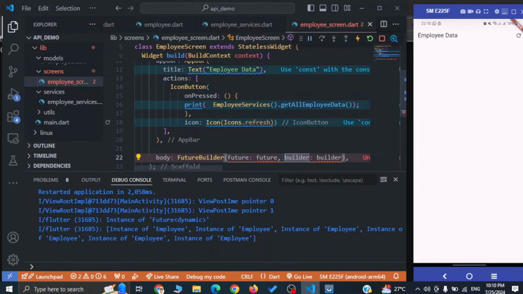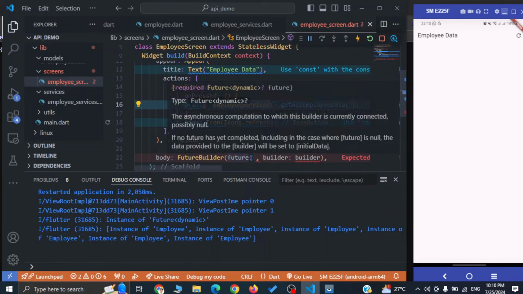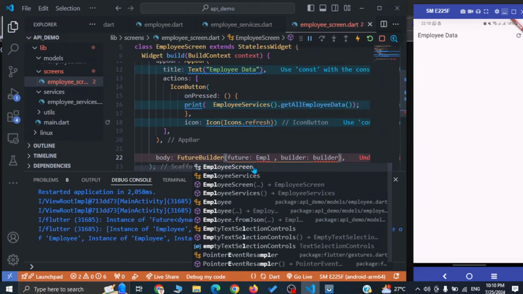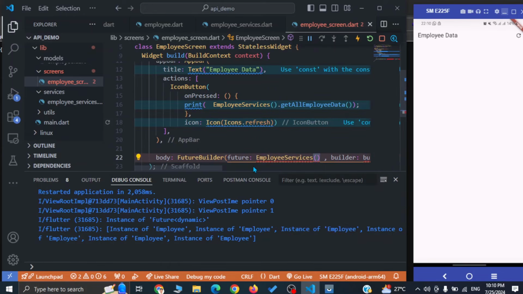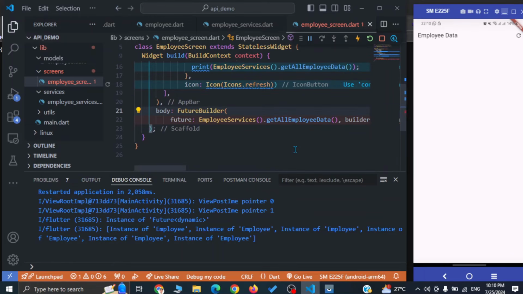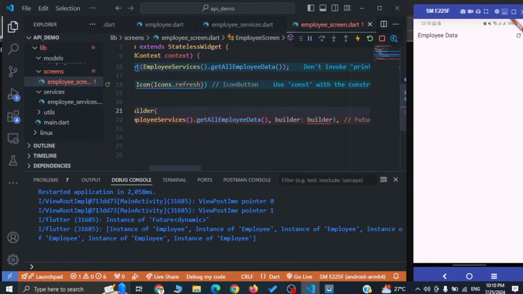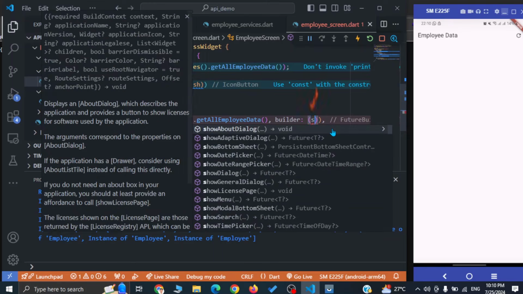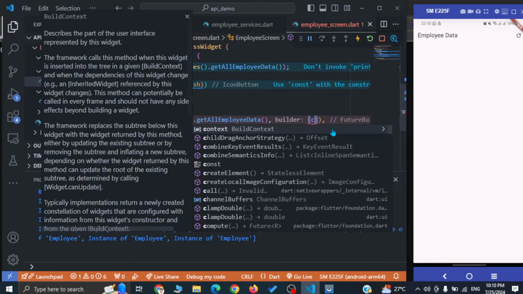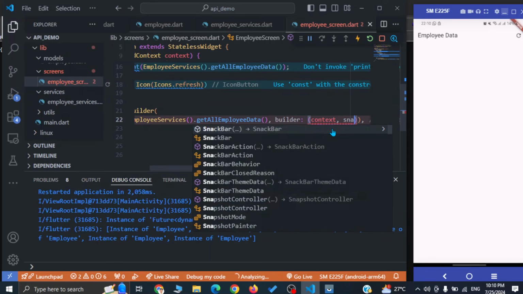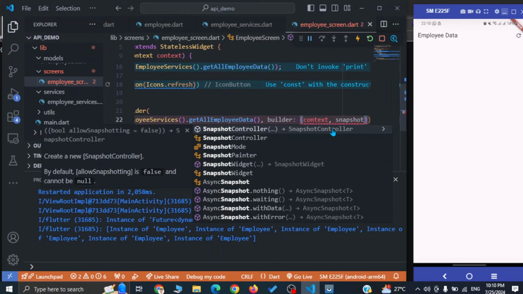You can handle all these three situations, and the builder is responsible for building the widget tree. So let's use the future. Here we are going to provide the function, EmployeeServices.getAllEmployees, to get all employee data. And in the builder we have to provide a function. In this function we have context and snapshot, and we are going to return